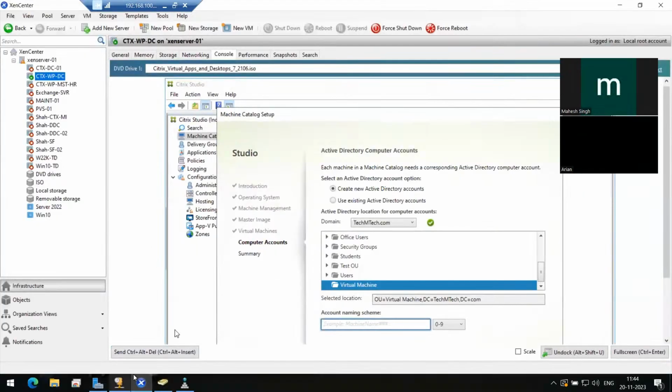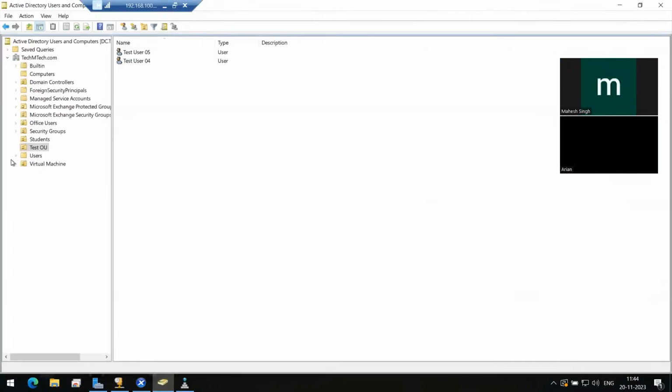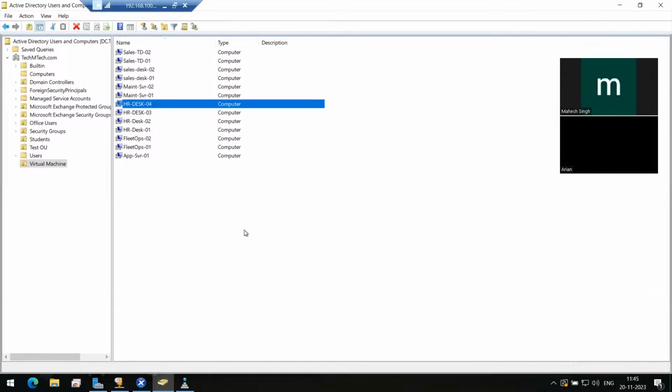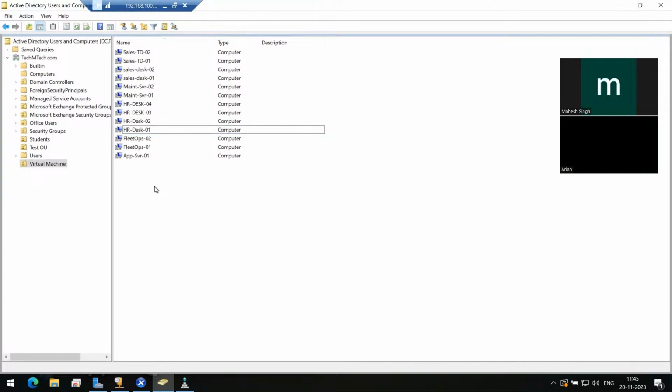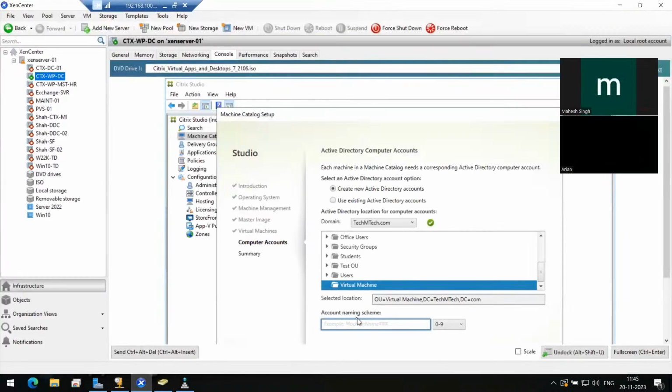Let me check if there is any duplicate account already created. HR desk 23123 is already created. No, we can add a WP HR desk. So let's name it like